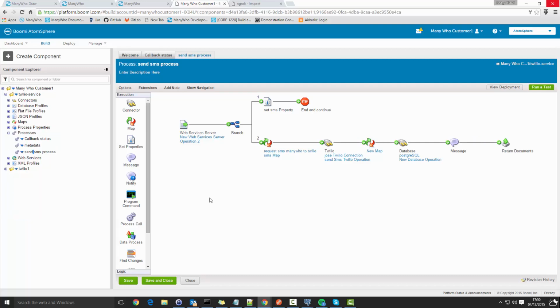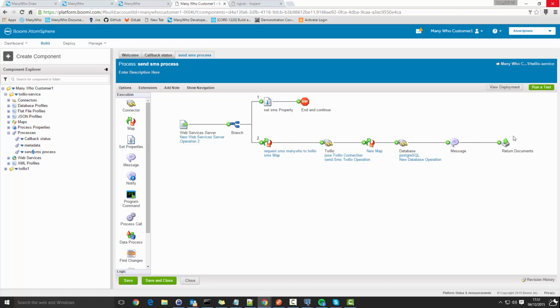So what we are doing here, we are saving in the process the tenant ID and the token. Then we map the request to the message to be sent to Twilio. Twilio responds with a message. This message has a message ID, and with this message ID and the information that we have saved here, that is tenant ID and token, we are going to save it in the database. We respond